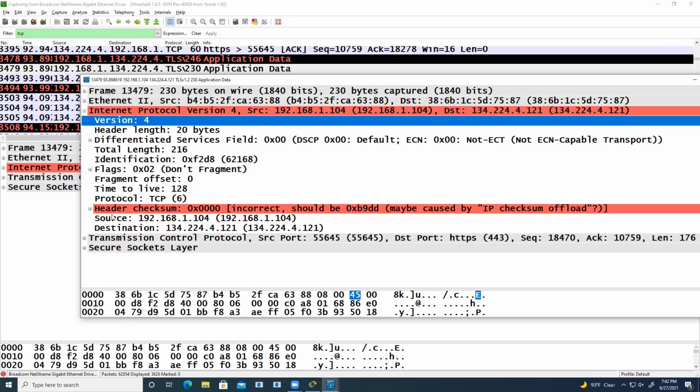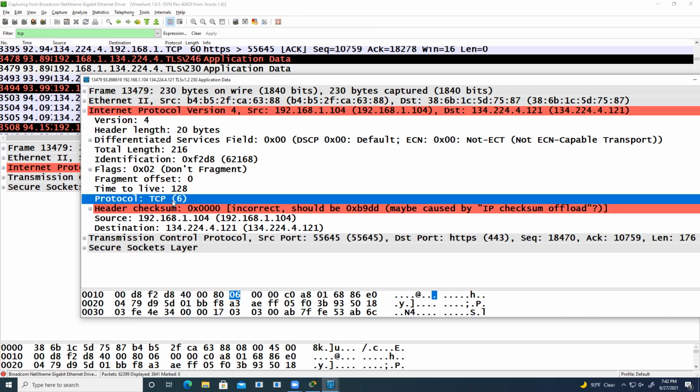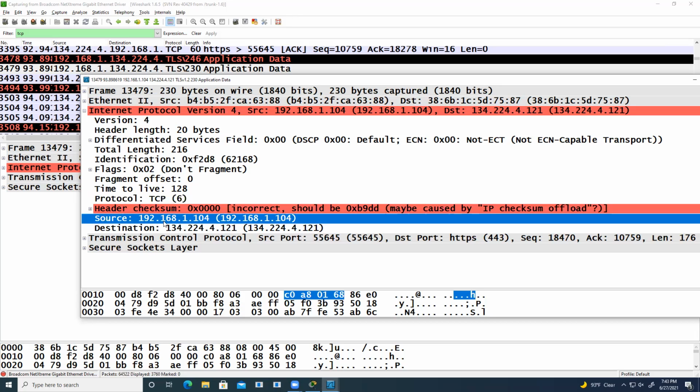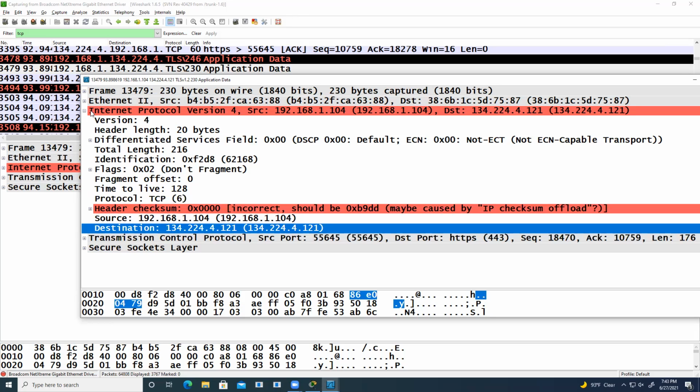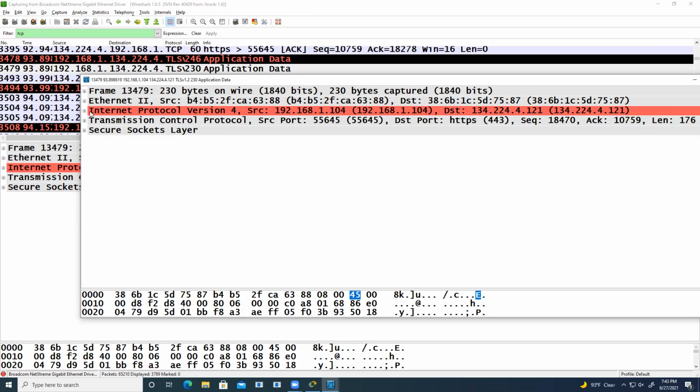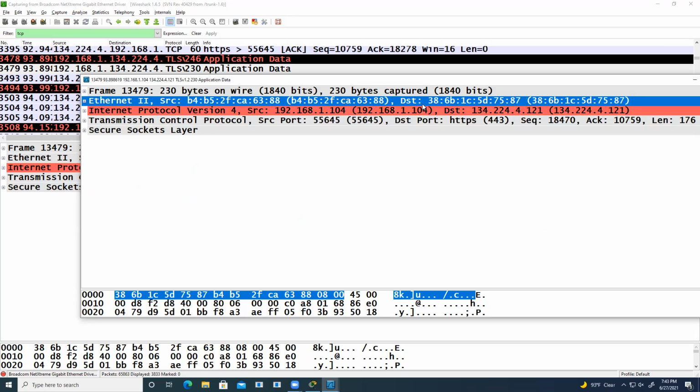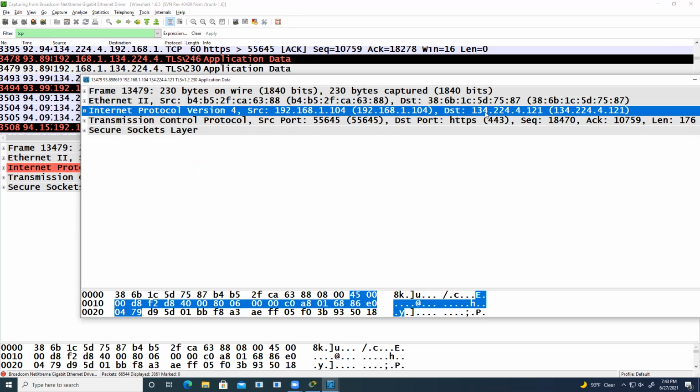Then we'll go to the protocol field, which is TCP. By looking into layer 3, you can directly understand what protocol we're going to use in layer 4, from layer 3 itself, which is TCP. And coming back to the hot topic, it will tell you your source IP and your destination IP. So when you send something from your system to anywhere else, you need to know your source MAC and your destination MAC, and you need to know your source IP and your destination IP.